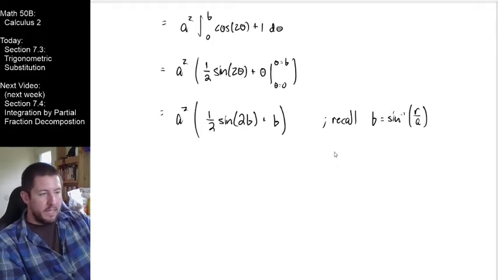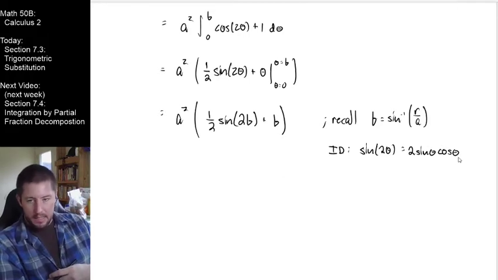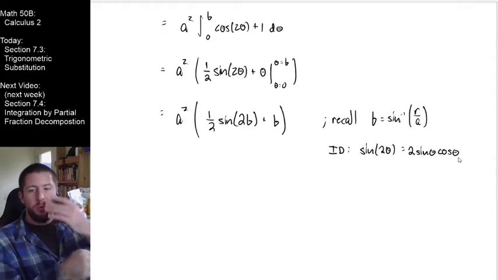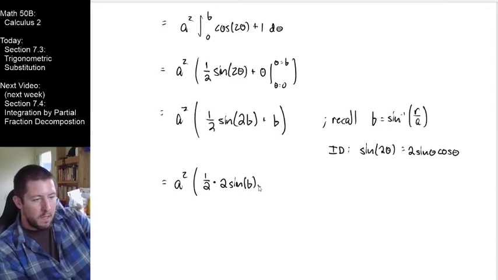So the other identity that I know is that sine of 2 theta we can rewrite as 2 sine theta cosine theta. Using this, I can get just individual angles inside instead of doubled angles. So it's going to be a lot easier for me to handle my function composition of a trig function with an inverse trig function here. So I'm going to do a squared times 1/2 times 2 sine b cosine b